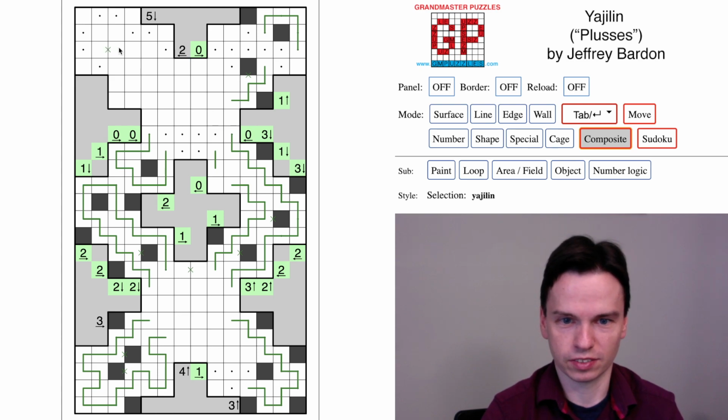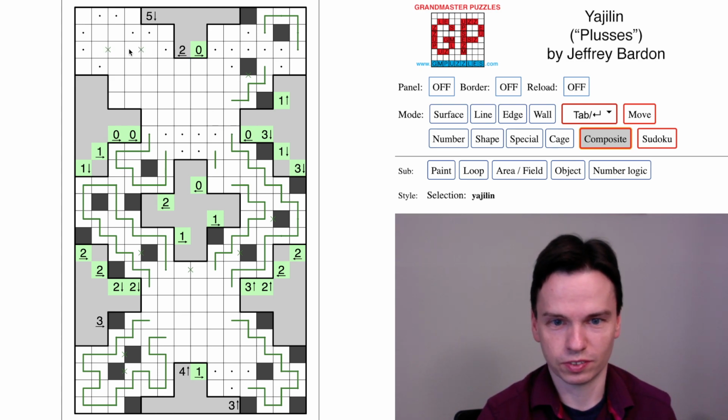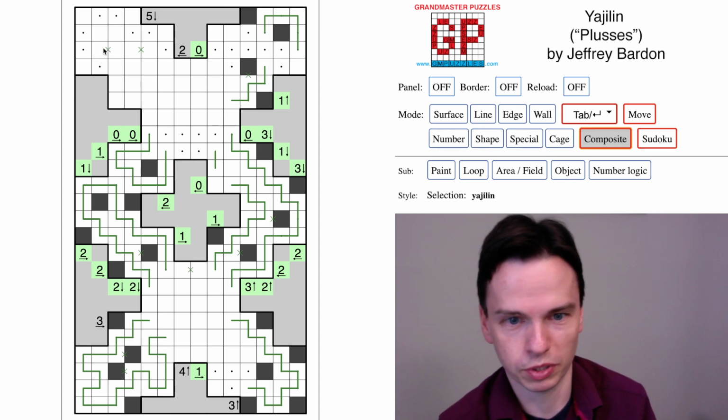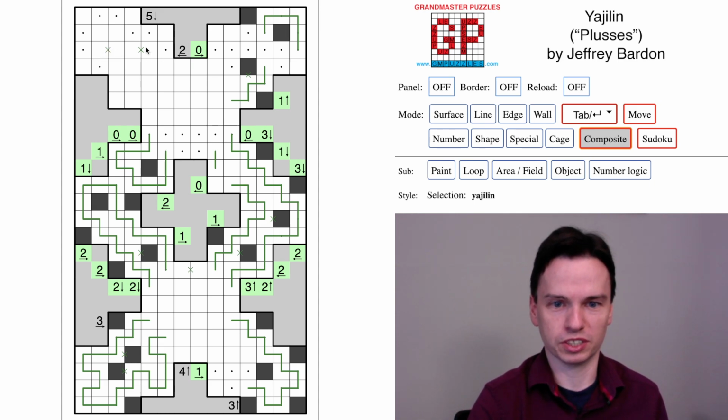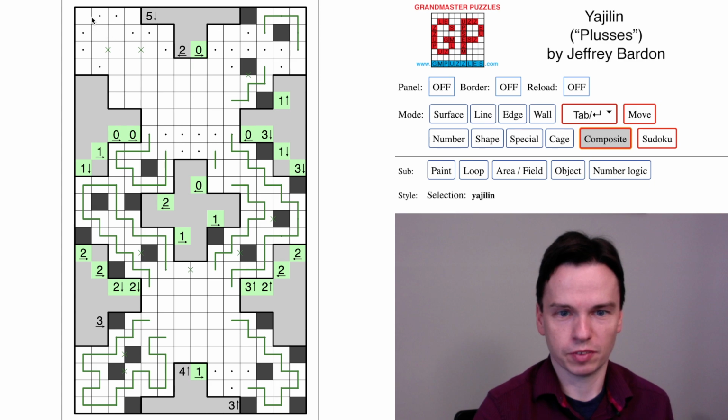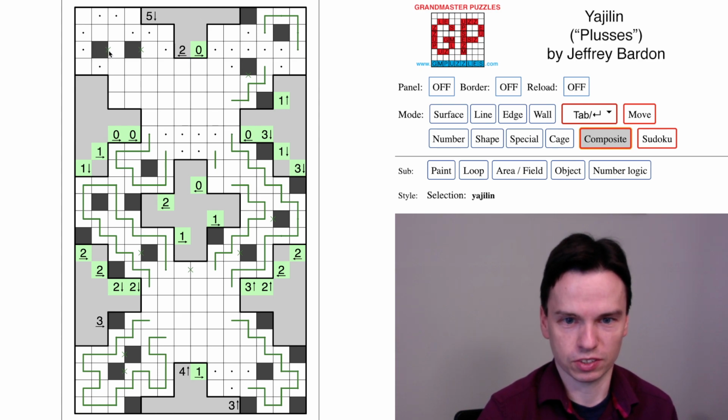This 2 actually just has 2 cells left to it. Sorry, 4 cells, the 2 spaces that you can put in. One of these will be shaded, one of these will be shaded. Notice that we have a risk of isolating loop ends in this upper left part of the grid if these are too close together. It's actually a case, and hopefully you can visualize this without me having to draw in all the loop,